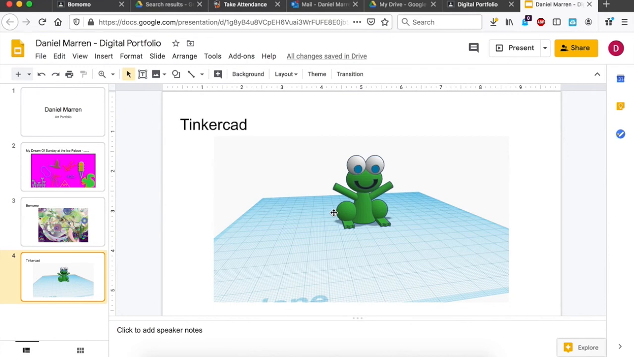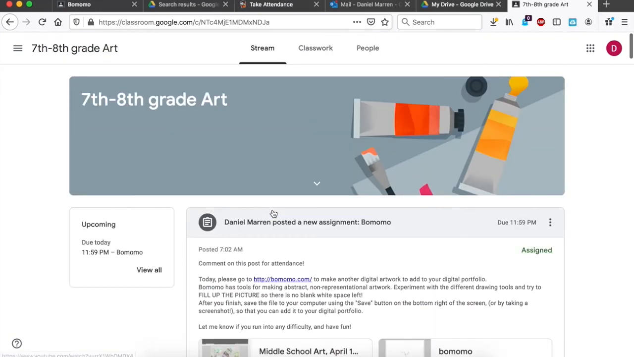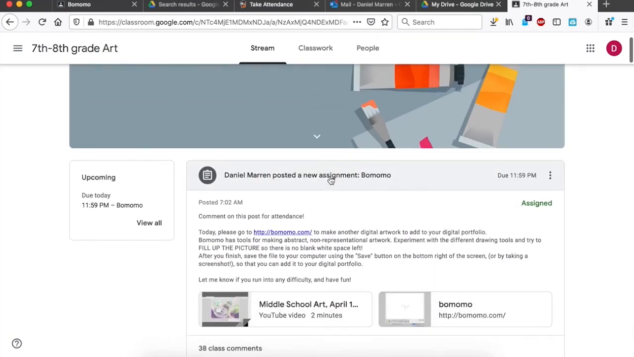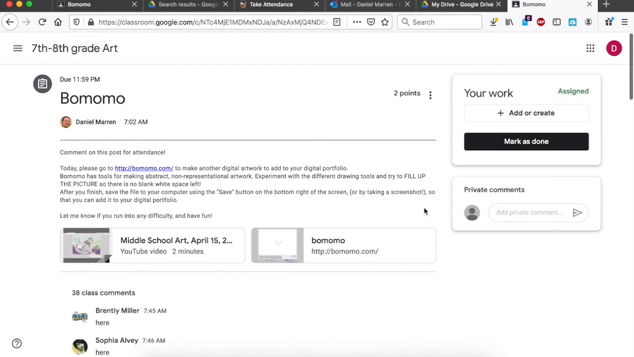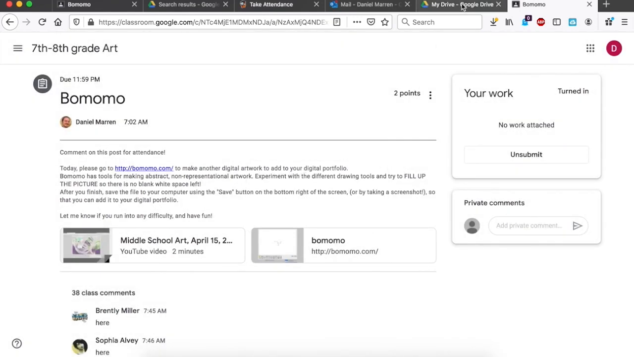At this point, we don't need to keep submitting our portfolios every day because I can see the changes that you make in Drive. So when I X out of here, I don't have to resubmit it to the digital portfolio, but I will just come to the assignment page and click submit. So for example, for the Bomomo, since I've already uploaded that picture to my portfolio, I'm just going to do mark as done so that Mr. Marin can go over to my digital portfolio,